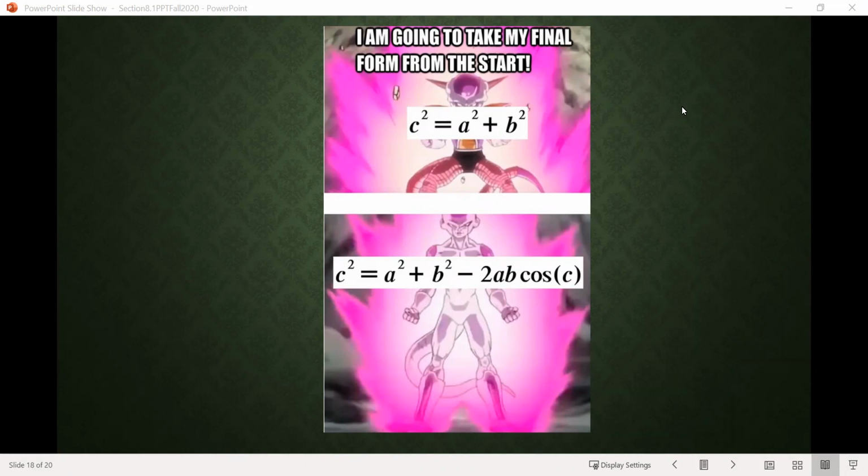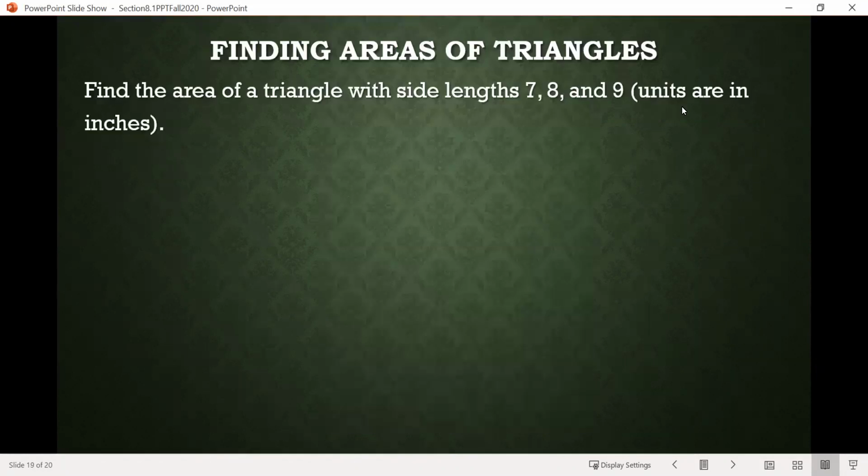We're just going to look at one more example of using the law of cosines, which you see right in front of us here. We're going to find the area of a triangle, which at first may not seem like it requires the law of cosines, but it will be a helpful tool for us here. So we're asked to find